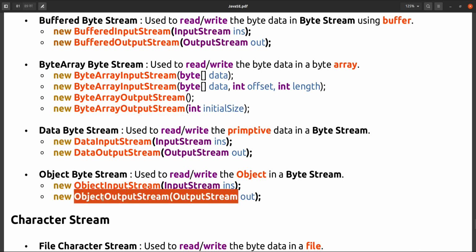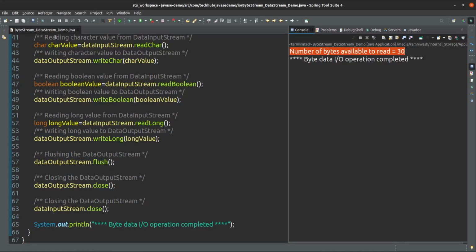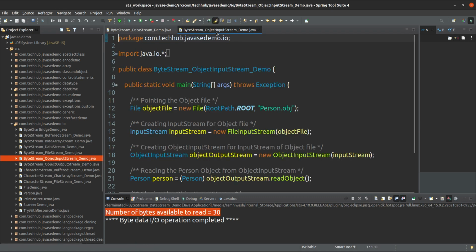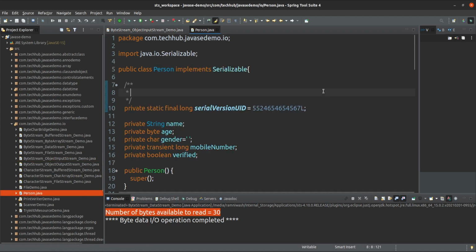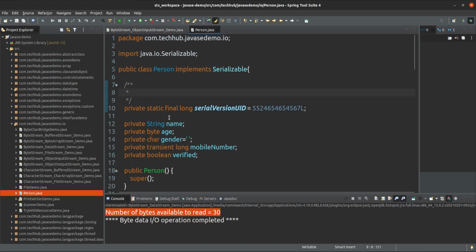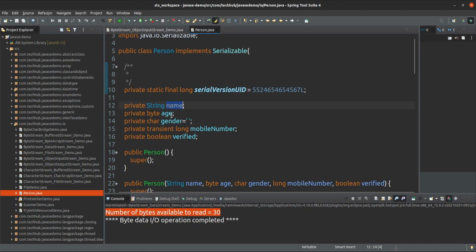Suppose we have one class called Person, and this Person class has some fields: name, age, gender, mobile number, verified. So all these fields are there.